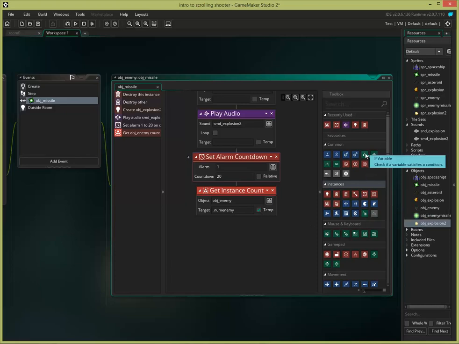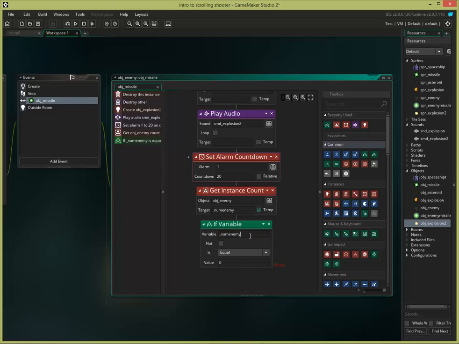And then we need to test that to see if that num enemy is less than 3. You should be getting the idea now of how to set these. If it is, then we want to create a new instance of an